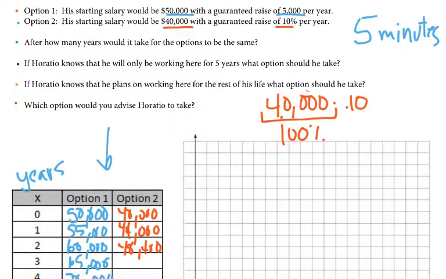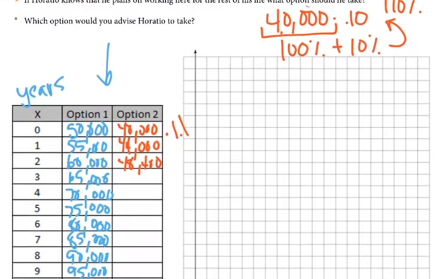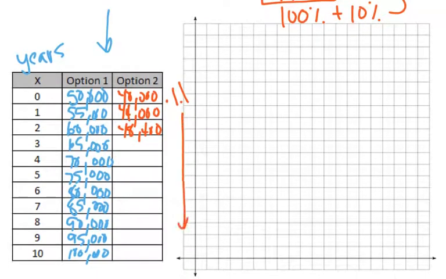And what are we raising that? What are we adding to that? Well, we're adding that 10%. So overall, we're bumping up by 110%. So if I take this and times it by 1.1, we'll get our next answer. So we can use that to multiply by 1.1 each time. Okay? So if we do that, then we get